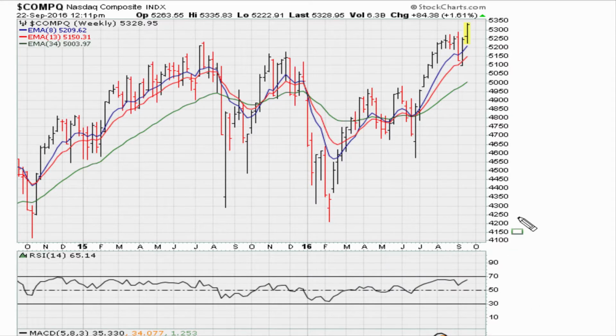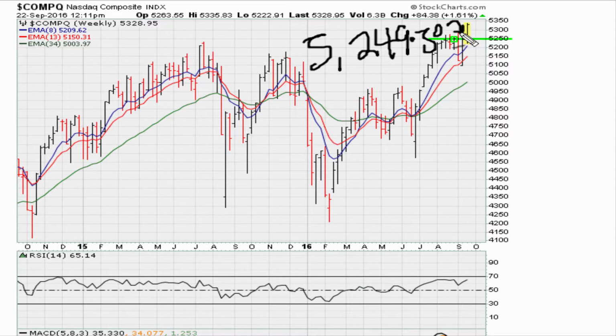We begin with the NASDAQ weekly. As of right now, we are pushing above this previous weekly closing high. And for the NASDAQ, that level there is 5249.50. Anything holding the market above that level gives the bulls the chance to continue pushing higher. In other words, holding and breaking out above the previous weekly closing high is actually very, very strong intention, or at least a sign that the market wants to move higher. If the market moves back below this number, then we can start looking for reasons to be bearish. But for now, blasting above the previous weekly closing high is what the bulls wanted to see,